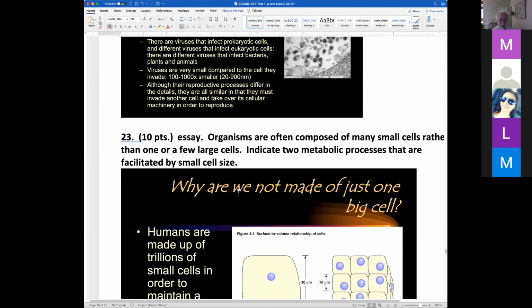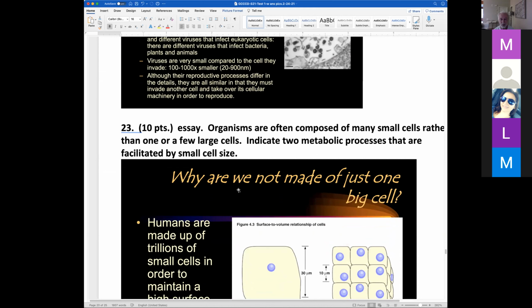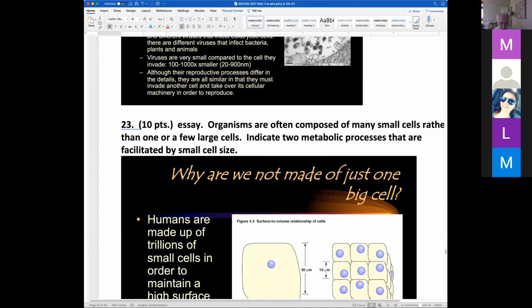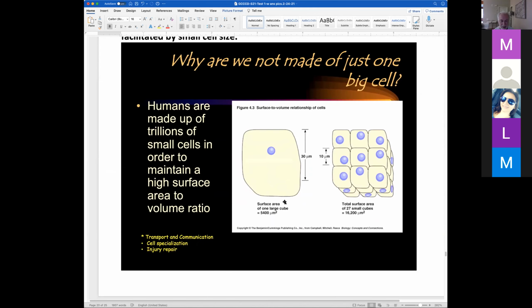Then we have this one, why are we not just one big cell? That came from a discussion we had in class surrounding this slide. The short answers are given here in the lower part of the slide. We have many cells to facilitate transport of materials and communication, in order to have cell specialization,